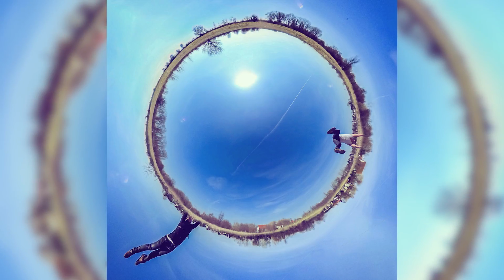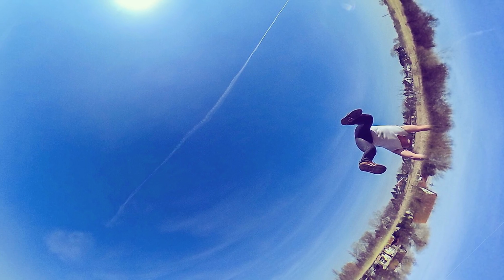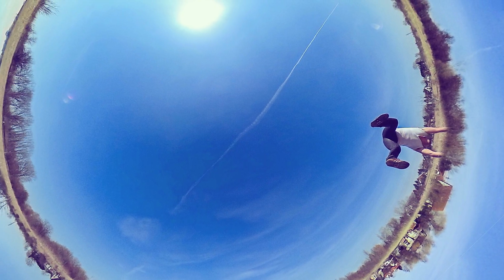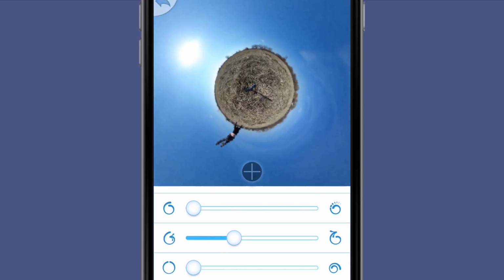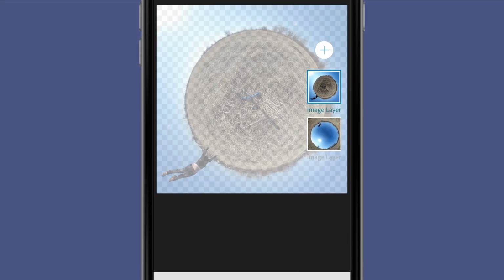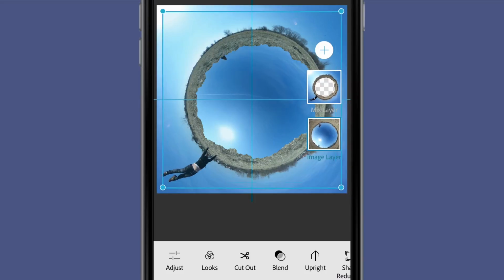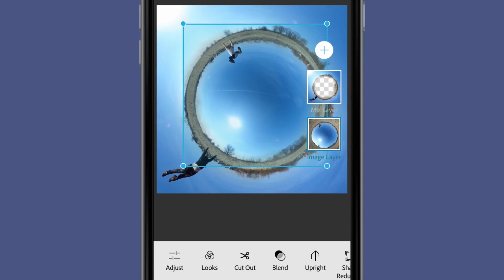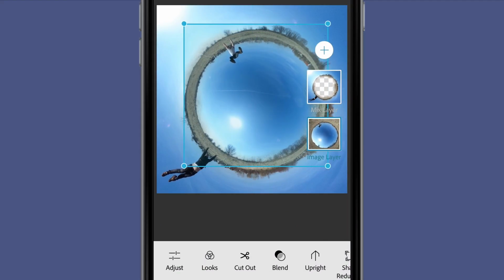Creating a playground without ground is really funny too. First I made it on desktop so it looks this way with a very fine masking. But I can create something like this on smartphone too. The first image will be a tiny planet and the second one is an inverted planet. Then I import both photos to Photoshop Mix and put them together. As you can see, I can create thinner and bigger rings, it depends on my mood or taste. I just play around with it and here we got the final result created right here on my phone.